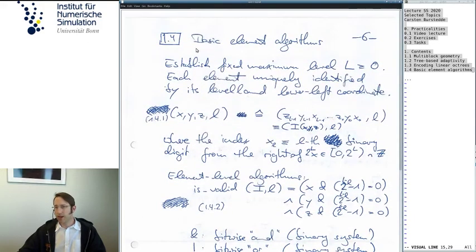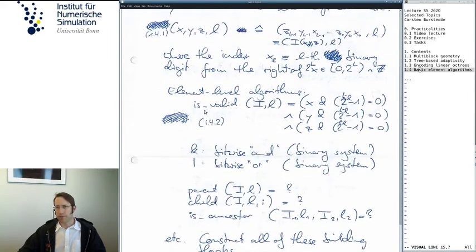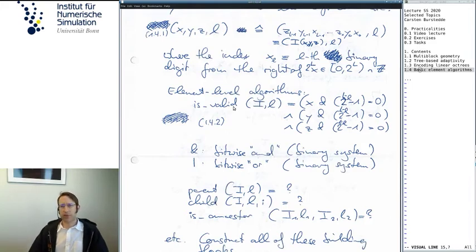What are element level algorithms? That's our topic here in this 1.4 summary section. Suppose we want to know if some xyz coordinate is actually a valid pair for a certain level. Not every coordinate is possible to be assumed by an element of a certain size. If you just think of the root quadrant, the only possible way for its coordinate is to be 0, 0,